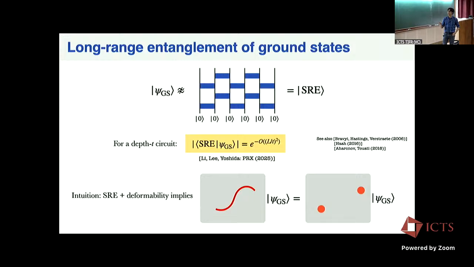And you can easily see that this is inconsistent with having any non-trivial braiding, because if I try to braid some other anyon around this excitation, it has no way of saying that this excitation is there. It cannot have any non-trivial braiding. So the upshot of this argument is that if I have point-like anyons with non-trivial braiding, it must mean that there is some long-range entanglement in the state.